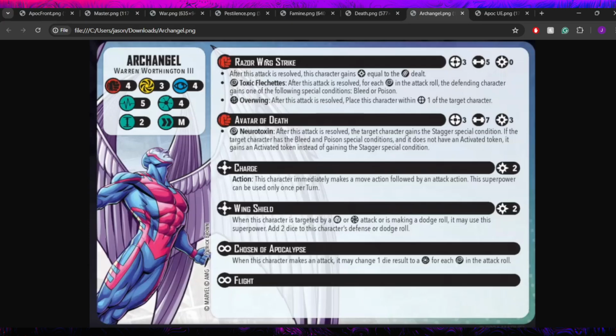The first attack he has here is Razor Wing Strike. This is a range 3, 5 dice physical attack. He's going to gain power equal to the damage dealt, and it has 2 triggers here. The first one is, oh, I'm going to butcher this word, so I'm not even going to try. It's a wild trigger, and the first word is toxic. After this attack is resolved, for each wild in the attack roll, the defending character gains one of the following conditions: bleed or poison. So this is going to probably end up being a rules forum thing,